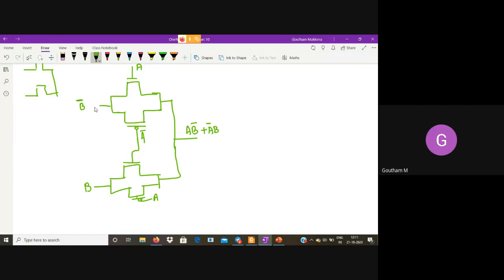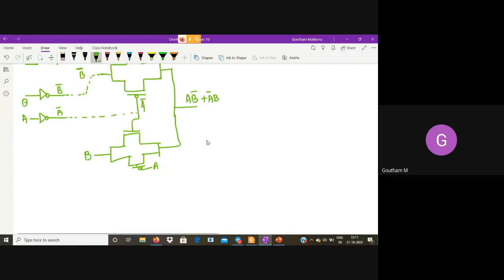If I have to generate B bar, I need an inverter over here. If I have to generate A bar, I need another inverter over here. So these connections are there.